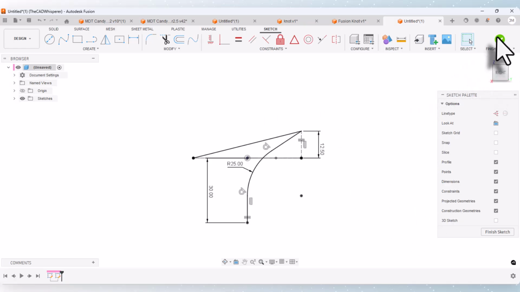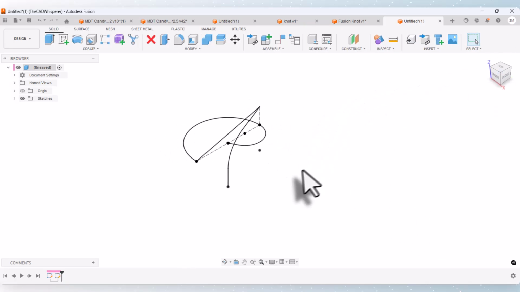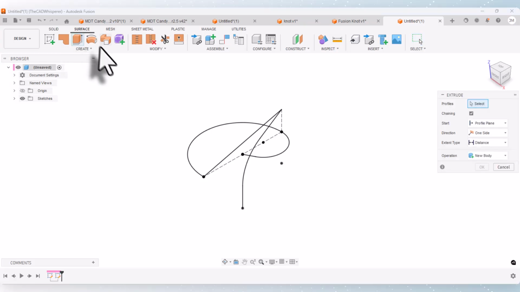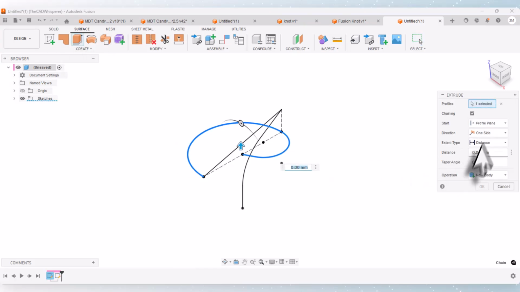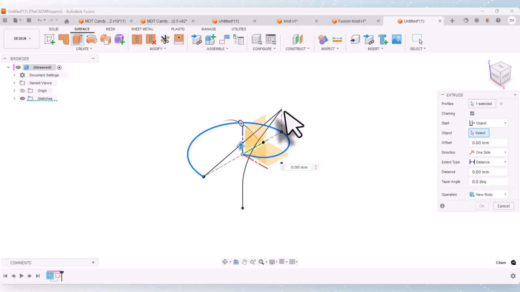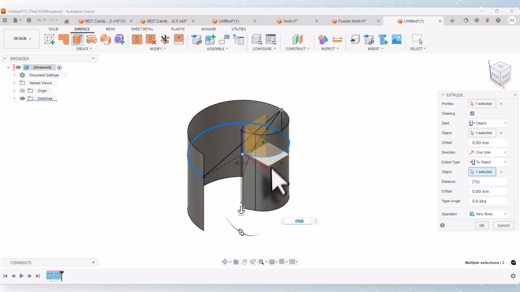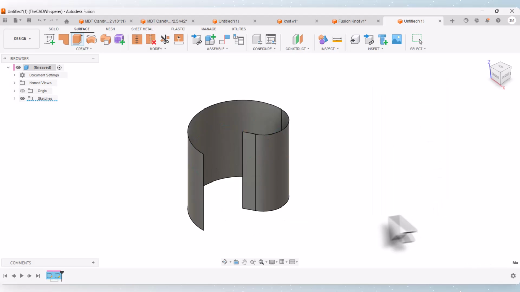I'll then finish this sketch, and I'm going to rotate around, and I'll do an extrude. And I want to do this as a surface body. So I'll do extrude, and I'm going to select this profile. And I'm going to tell it, instead of starting at this sketch plane, to start up here at this point. And then for the distance, I'm going to tell it to go to object, and I want it to go down to this point. Okay, so it extrudes that from here down to here,